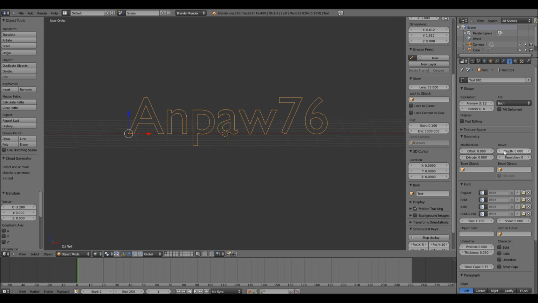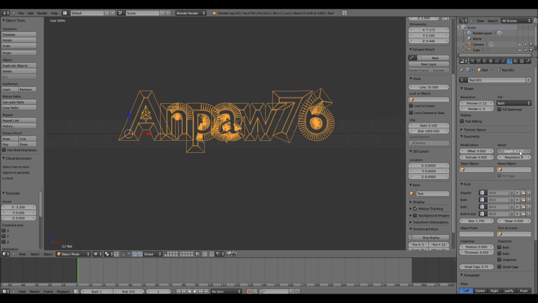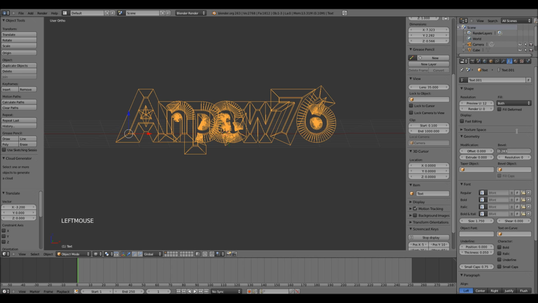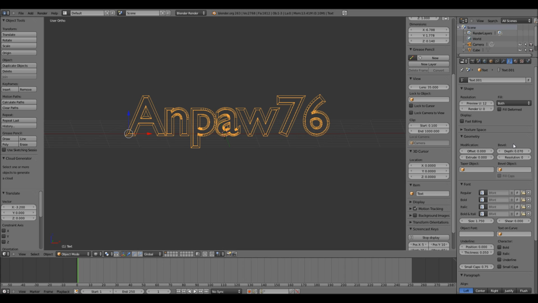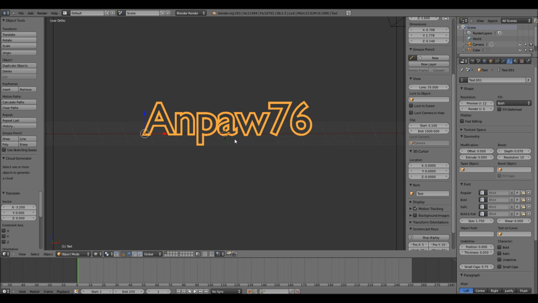So in the bevel section, in the depth, type 0.07, but it depends on which font type you have and what size your text is. This value might be lower or higher, but it's very easy to exaggerate with that and then the text will look really odd and strange. So let's go with 0.07 and let's add some resolution to that so it will be smoother. So let's type 10, and this is fine. We are ready to